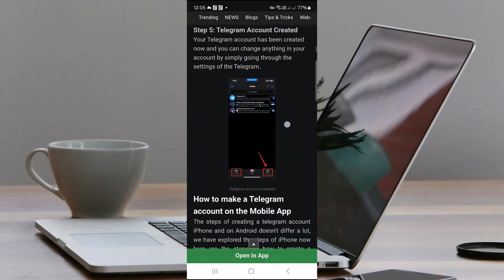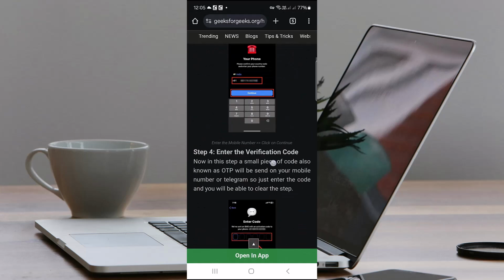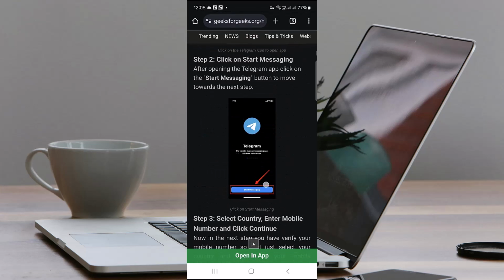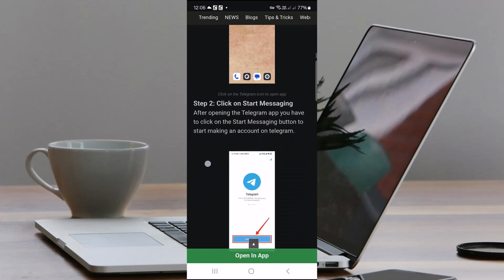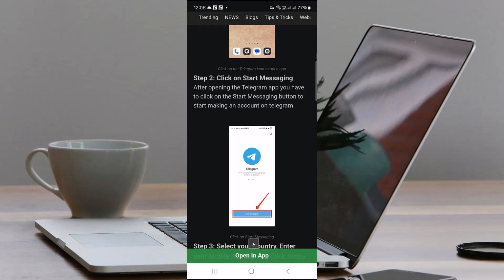So let's head over to it. So the first one is here. You have to just download your Telegram app from Play Store and then just tap on it. And here you will find the option of start messaging. After opening the Telegram app, you have to click on the start messaging button and start making an account on